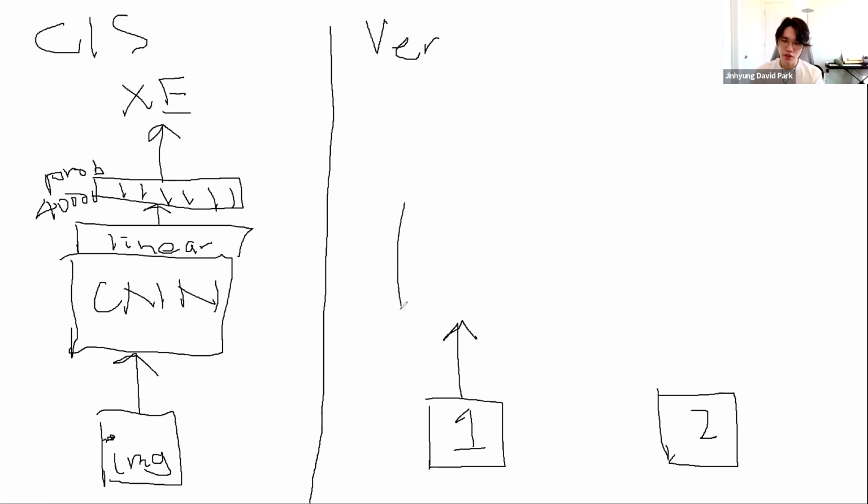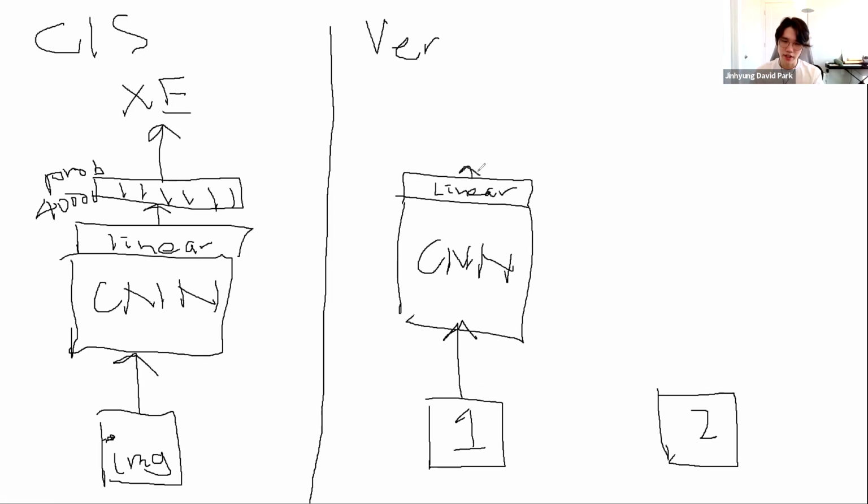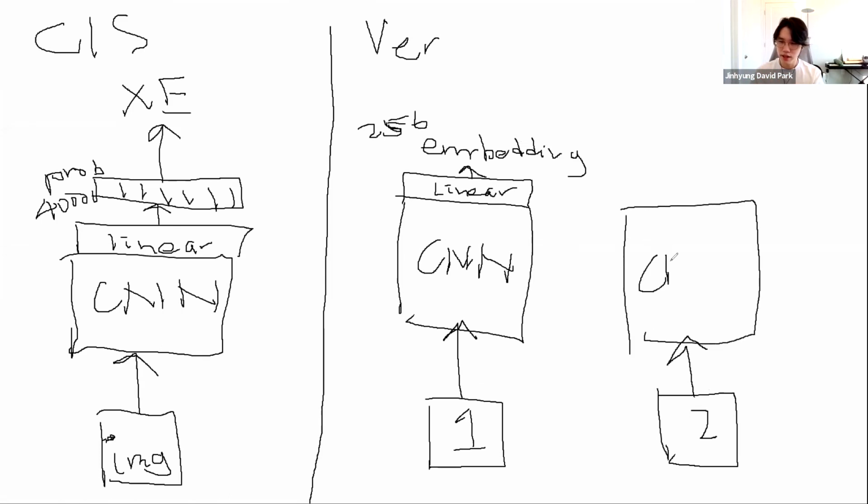So image 1 goes into a CNN, and then a linear layer, which generates an embedding, a fixed length feature vector. Let's say, I think a common number is like 256 or 512. So it's just a 256 length feature vector. For image 2, you do exactly the same thing. You put it through a CNN, and then the same linear layer,